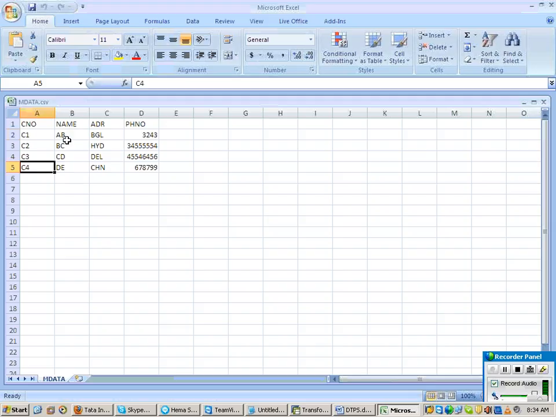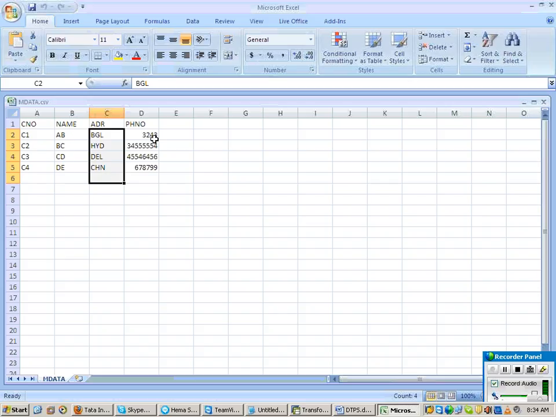Then let us say name should go as it is. Name should go. What type do I have to use now? Direct assignment. Then for address, I want to apply some constant value. Here it is Bangalore, Hyderabad, Delhi, Chennai. When it goes to the target, it should become, let us say, India.